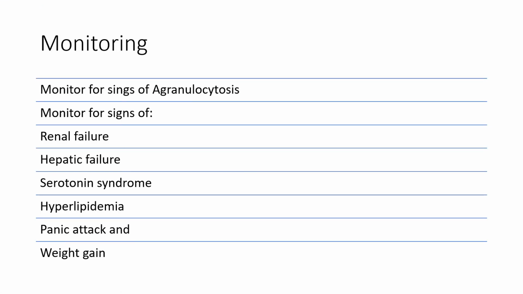Monitoring. We have to monitor for signs of agranulocytosis and also monitor for signs of renal failure, having our renal function test done. Hepatic failure, with liver function test done. We have to watch out for serotonin syndrome. You can rewind and get the list of signs and symptoms of serotonin syndrome: